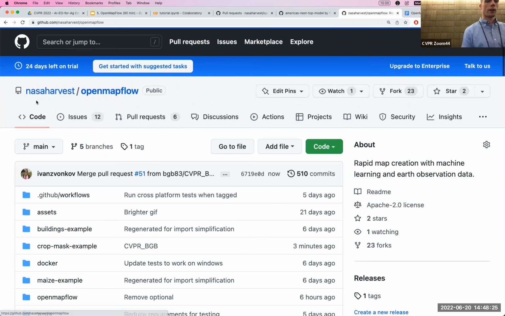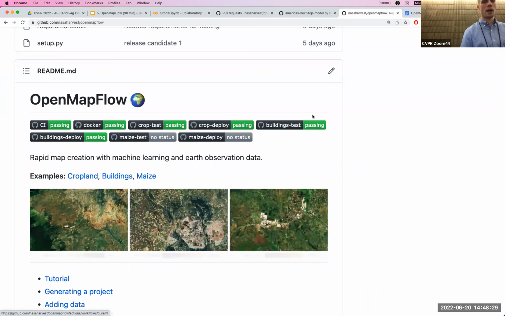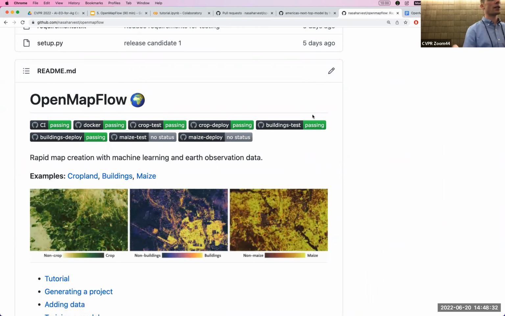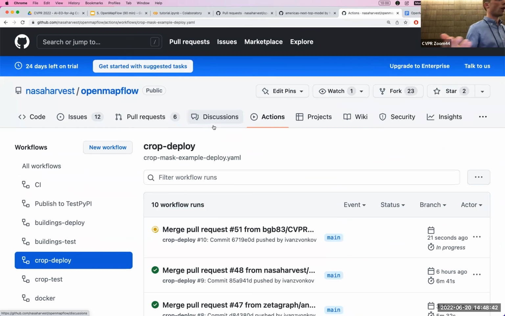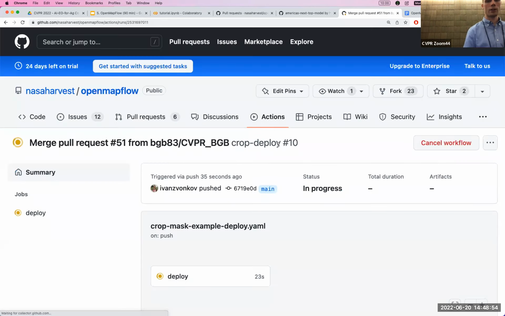If I go back to the repository homepage and go into the README, you can see there are all these different badges. A lot of these badges, actually all of them, represent GitHub Actions. One of the GitHub Actions is called crop deploy, which signifies deploying the crop mask model. You can see there are some checkmark ones, and there's also one that has a spinny thing, started 21 seconds ago. This is the model that we have just merged in. You can see there's a name right there. And if I open this up,